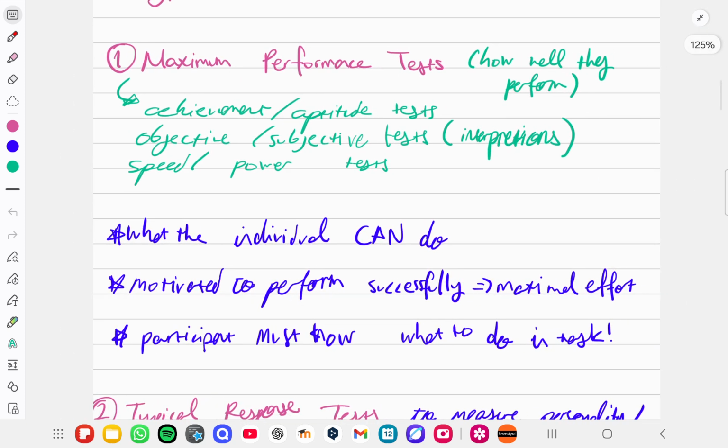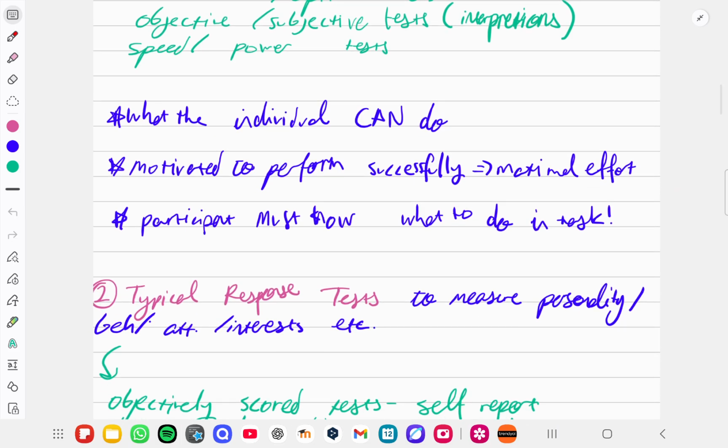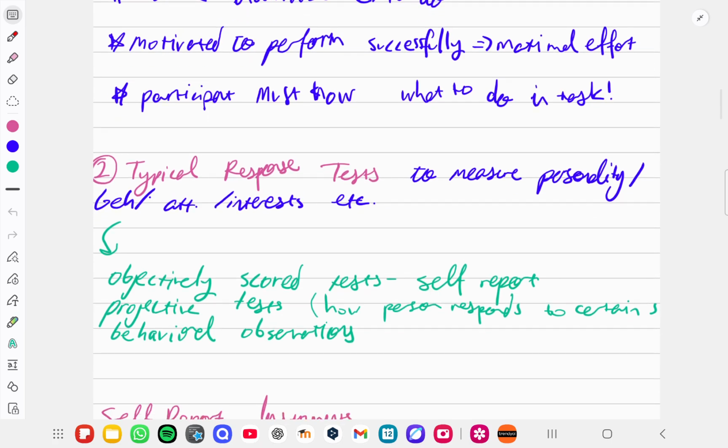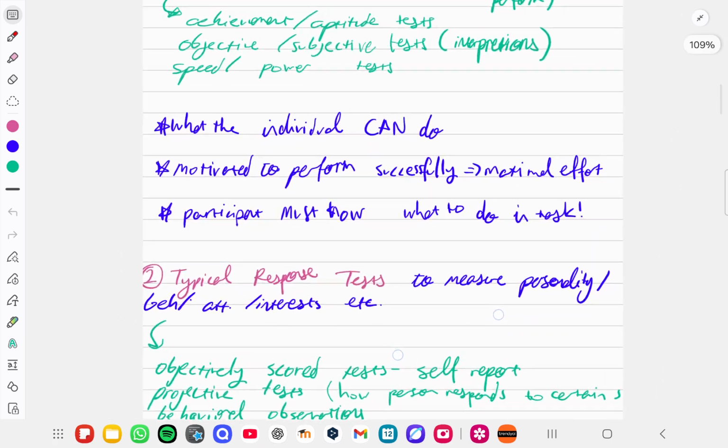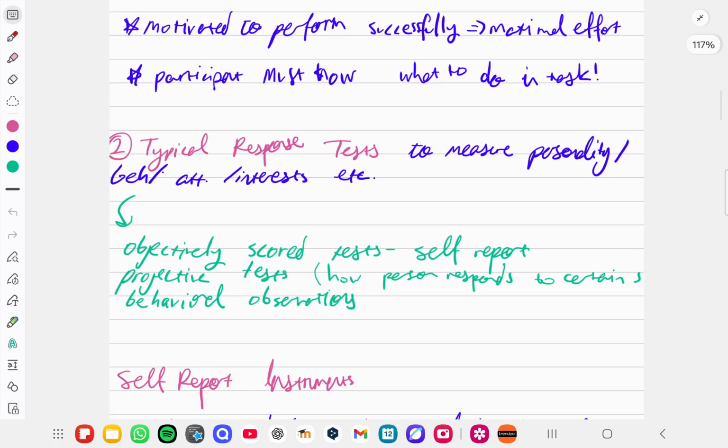So they focus on what the individual can do, and they motivate the participants to perform successfully at their maximal effort. And participants must know what to do in the task. We need to tell them exactly what they need to do, and then they try to do it at their best capacity. So the second type of test is the typical response test, and we use these to measure